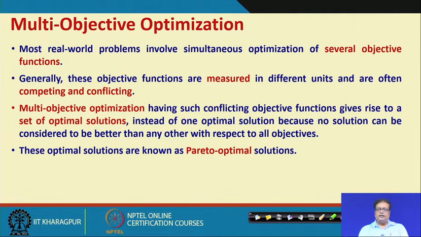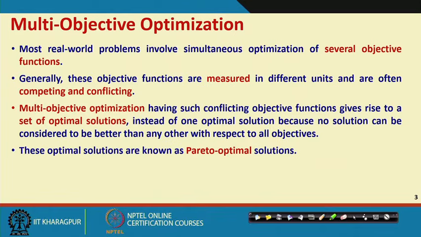Now, in multi-objective optimization, usually there will be a number of objective functions. The distinctness will be that they will be measured in different units and often they would be competing and even conflicting. Say, for example, if you have to simultaneously minimize the time as well as the cost, you may often find that while time is minimized, the cost is not, and when you try to minimize cost, time is not minimized. So, under those situations, you are going to get a set of solutions which can be called optimal in some sense,